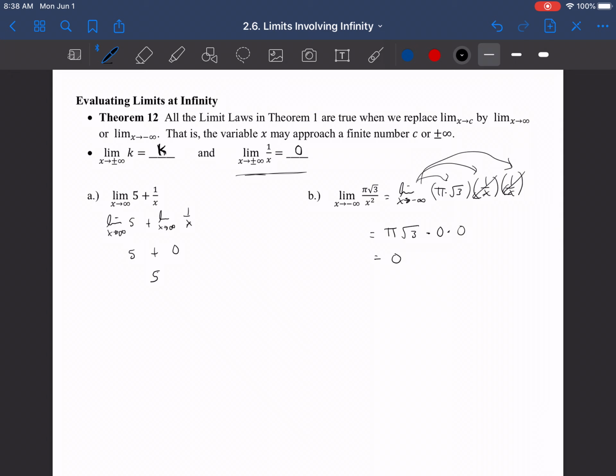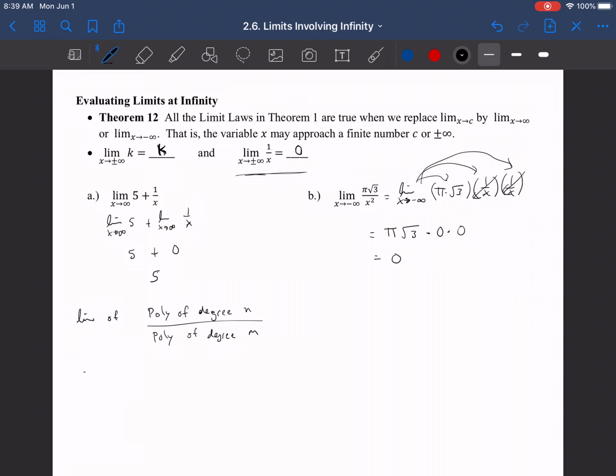Okay? I'm going to add a little something in here. Limits of polynomials over polynomials. Limits of a polynomial of degree n over a polynomial of degree m. So if you remember this from algebra, from pre-calculus, we had rules for determining asymptotes based on whether the degree of the polynomial in the numerator was greater than, less than, or equal to the degree of the polynomial in the denominator. And so if we're thinking of that,